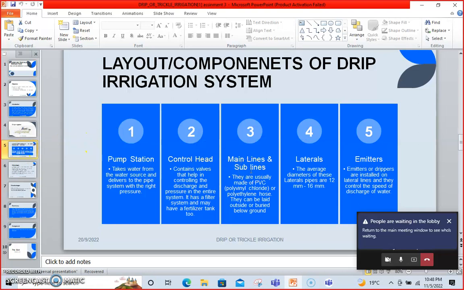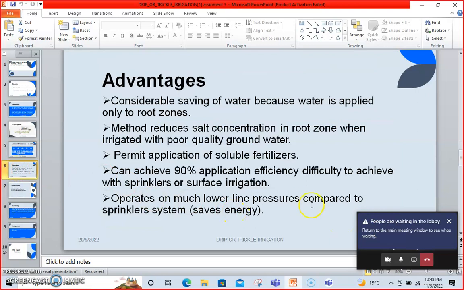Those are the components we talked about: the pump station, the control head, the main lines and the sublines, and then the laterals, the ones that are directed now to the plants. And then we have the emitters. So from there, we look at advantages. The advantages of this type of irrigation is that less water is required, and then also it reduces